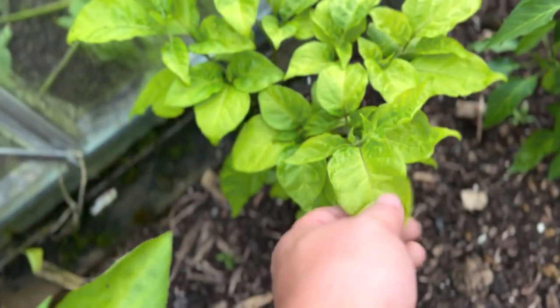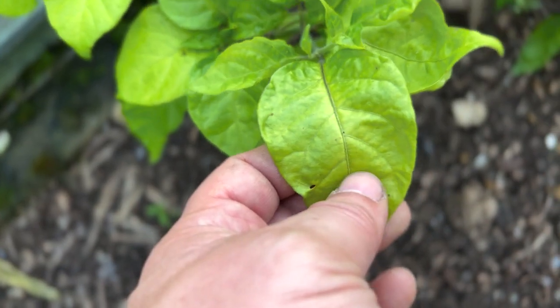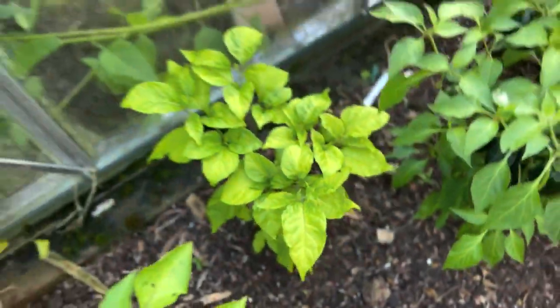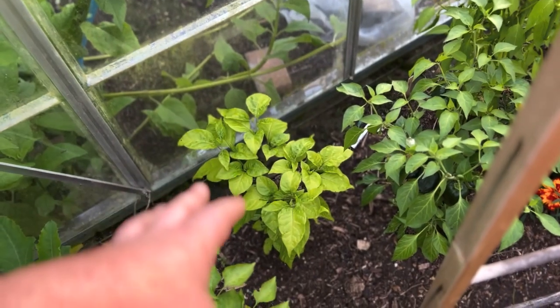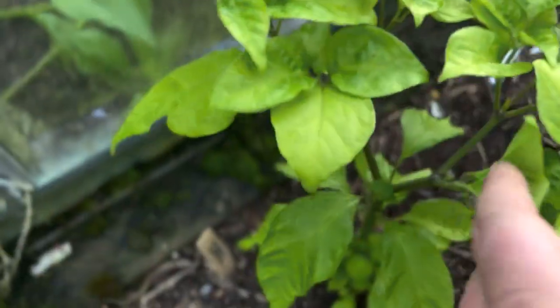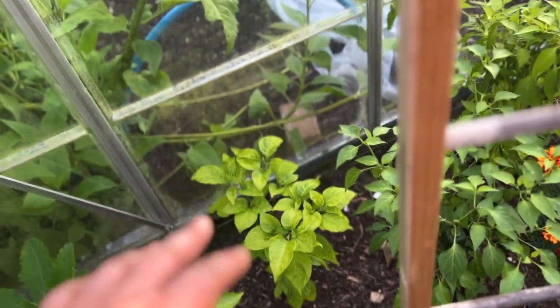So next year, this is the Moruga scorpion, and you can see that they're like lime green leaves. They're not supposed to be that colour, they're supposed to be that colour. That's enjoying it, but these aren't. So I thought that one was doing so well. If you look back at earlier videos in the season, I was actually quite hopeful that that would come good. But unless it starts getting some colour back, it finds some nutrients in the soil, I don't know. I might fix it. I might put some of the organic chili fertiliser on the ground and see what happens. But